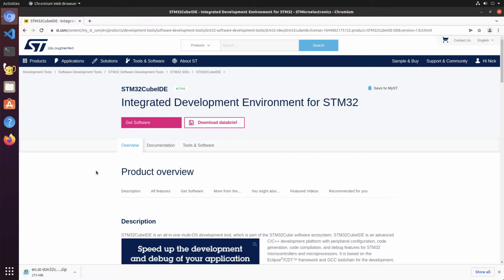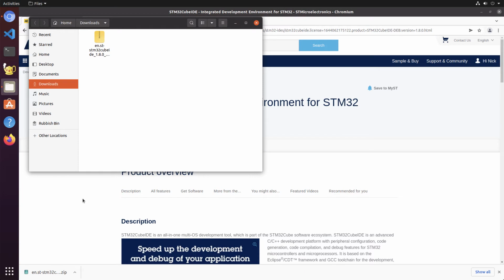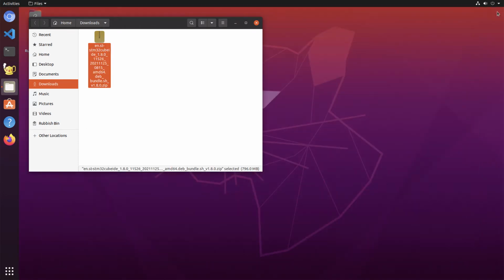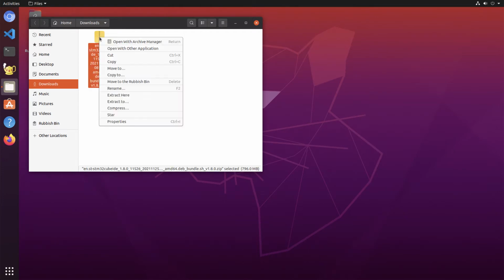Now, for some people, this will be a rather odd looking installer, and because I don't do it very often, but I know what it is, you will probably see me hacking around a bit. So that has now downloaded, so we will show in folder, and we can see we have a zip file. I'll just get rid of Chromium. So if I get it to extract here,